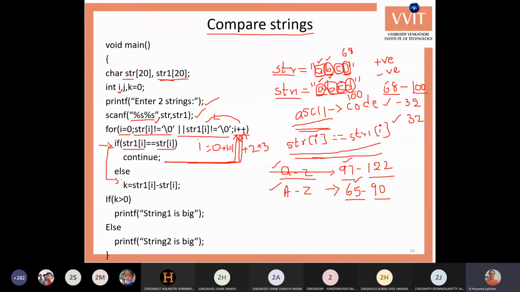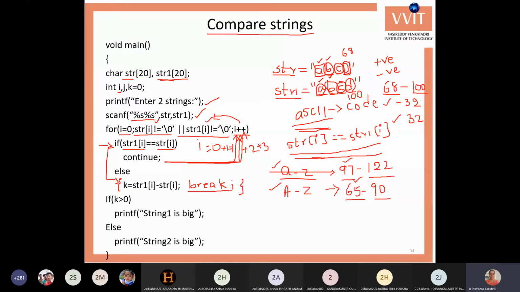At the same time we add one more statement, a break. Whenever we get at least one difference in the strings, we take the difference and stop the for loop with the break.